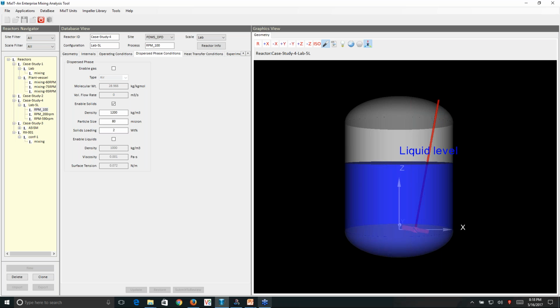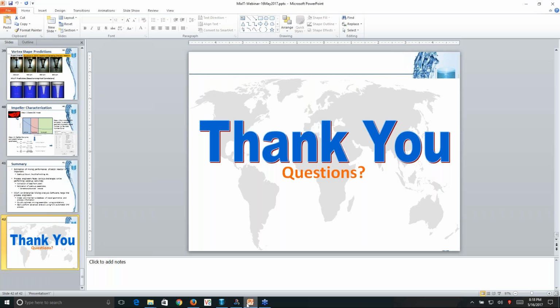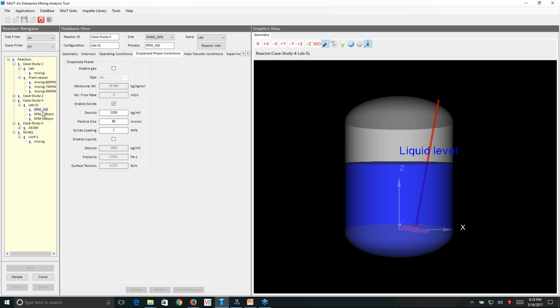Next question: is it possible to analyze a system where liquid properties are changing while solid is being generated over time? For example, a mixture where a solid is slowly precipitating out of the solution. What we can do is this analysis in a stepwise manner, where we create multiple steps like we created for multiple RPMs. We can quickly create multiple steps here and say that now solids are generated, the weight fraction is 10% and the particle size is certain.